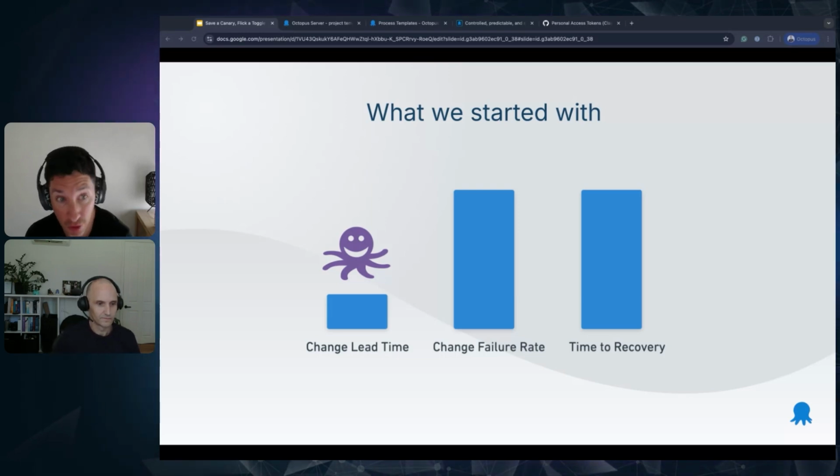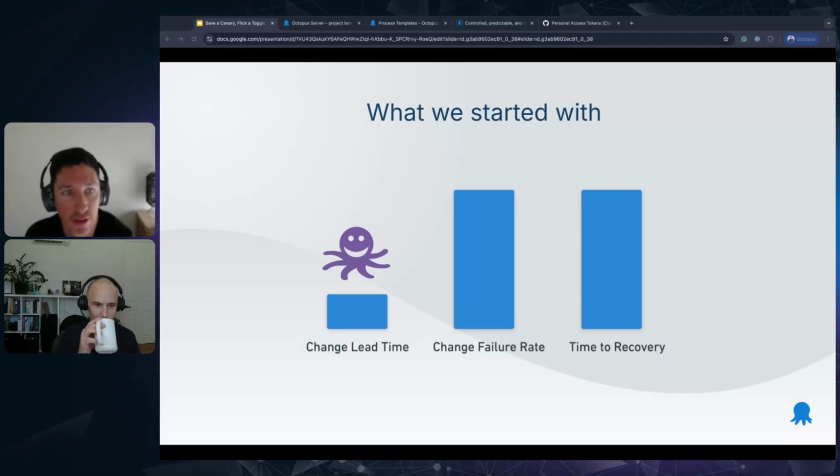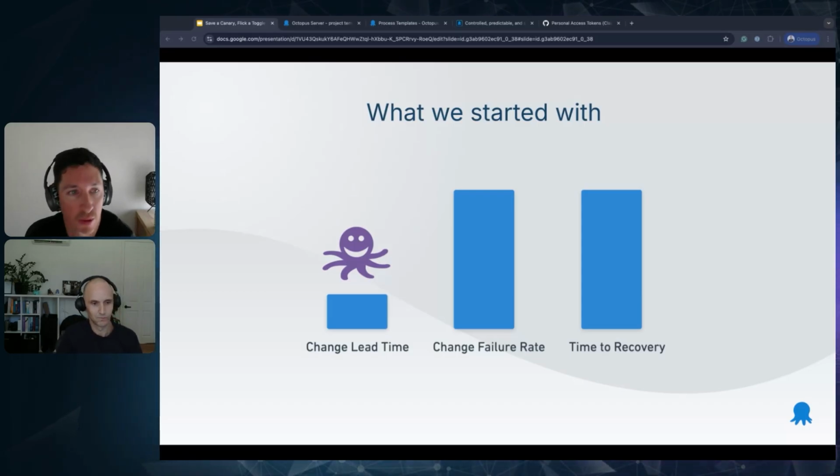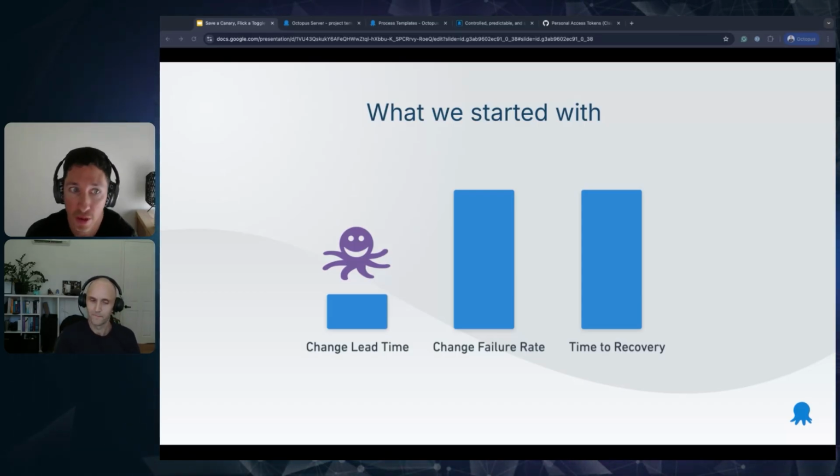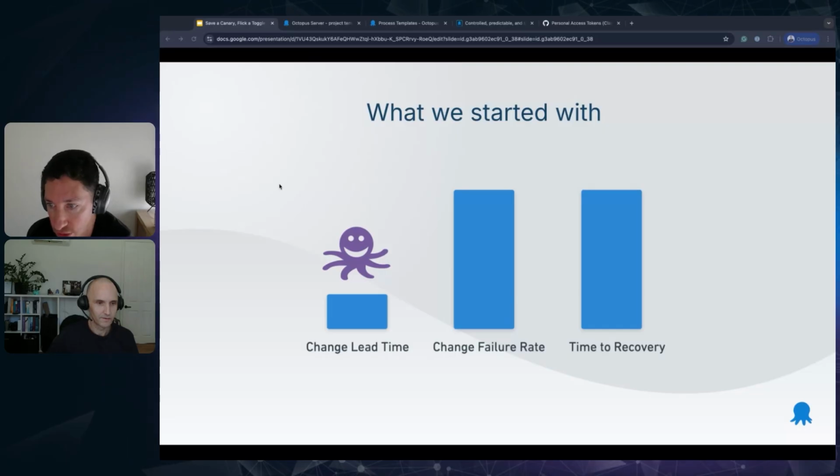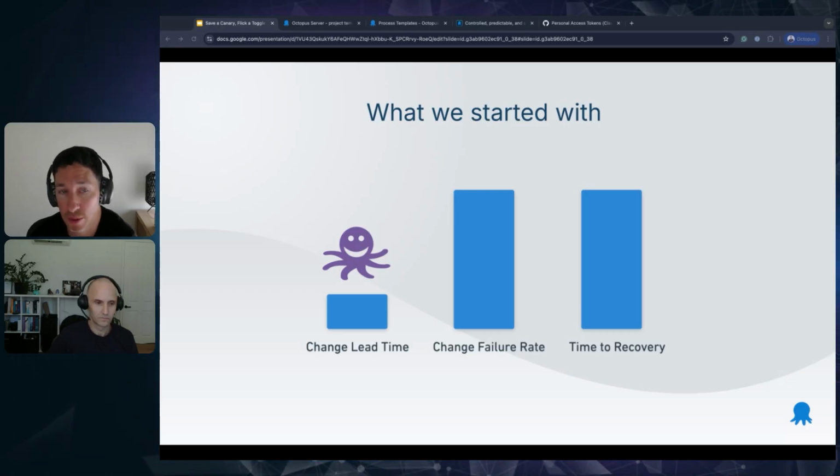Now, some time passed and Octopus became a bit more complex, as we started adding more features to it. The product grew in capability and complexity, and as it did, we started encountering more quality issues, as you do when software becomes more complex. So we had a climbing change failure rate that we were trying to deal with. And when our customers encountered issues, time to recovery was something that we would struggle with from time to time,